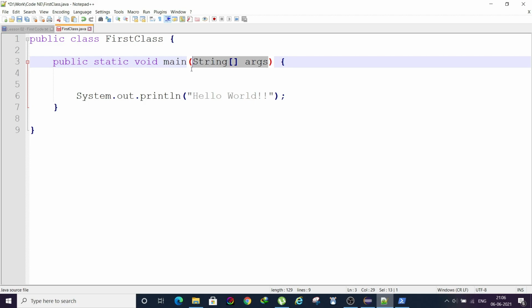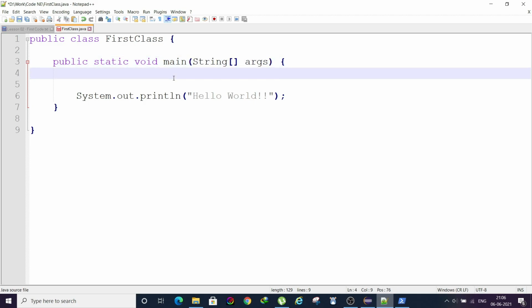Because we can actually pass an array of string, and the procedure to do it, I will show you that. Okay, so just to test it, I will declare one for loop.